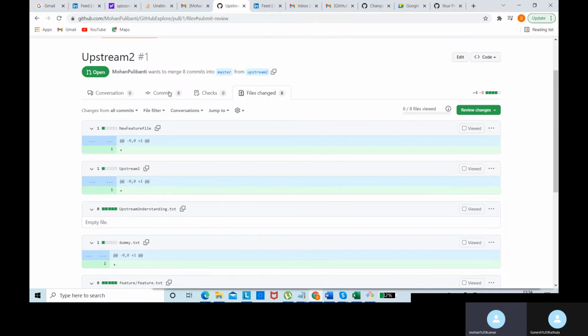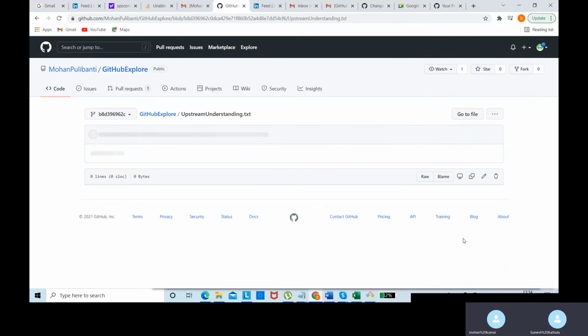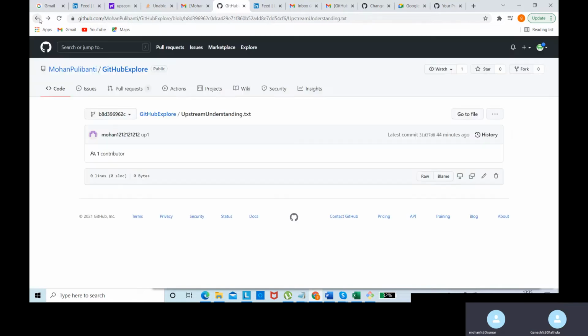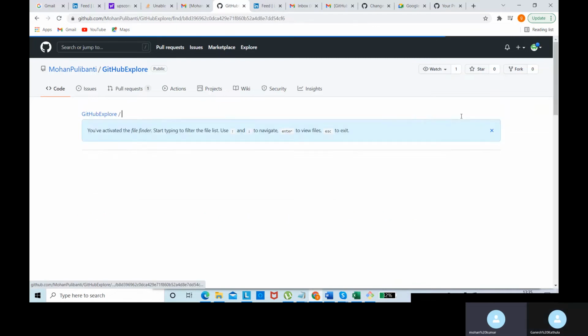On dummy.txt, you ask me to add a change. There is a click, right? Viewed. Click on it, view. This is how he can directly go to that file, and he can do things over here. He can see the raw data, or if you click on raw, he can see the raw data, or normal data, where raw is something like editable. So again, go back to your pull request.